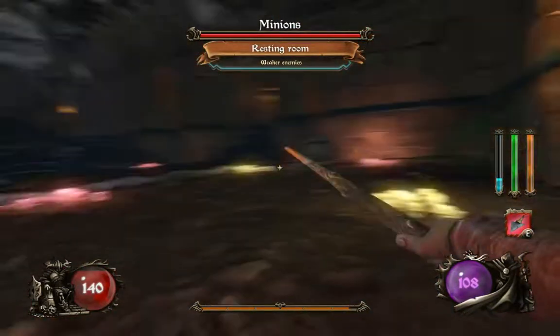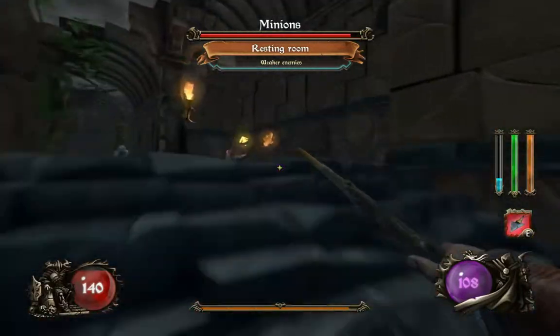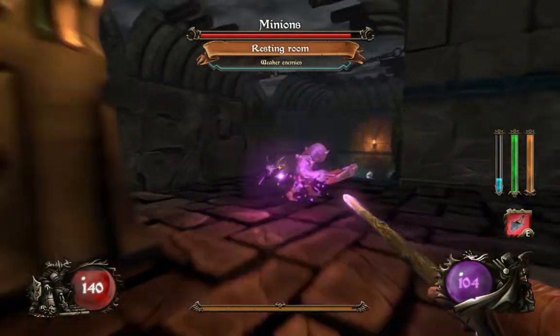Okay, resting room. That means there's weaker enemies here. Usually worth less experience, but...